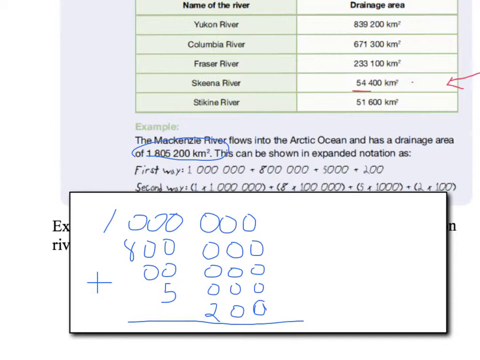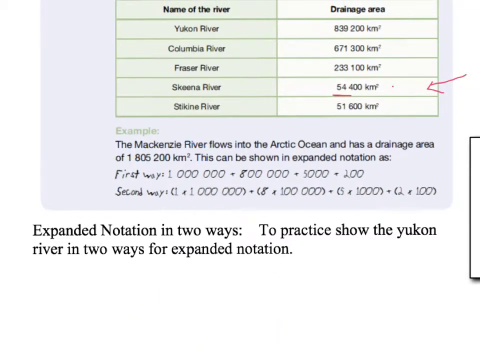That would be another way that you could choose to show expanded notation, and perhaps the lining up of the places helps you to see that you haven't missed any, or you haven't got the right number of zeros in there. So that might help. You're welcome to try it that way if you like. The other kind of expanded notation they have is with multiplication, and basically it's just taking the place value, so